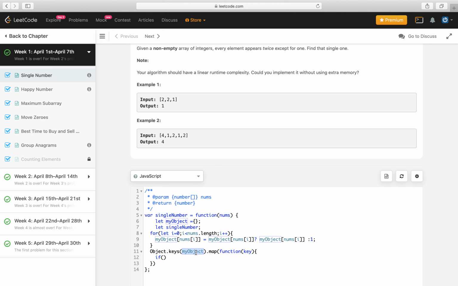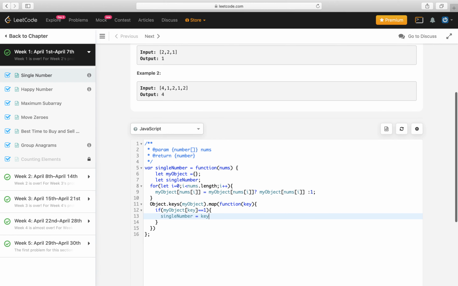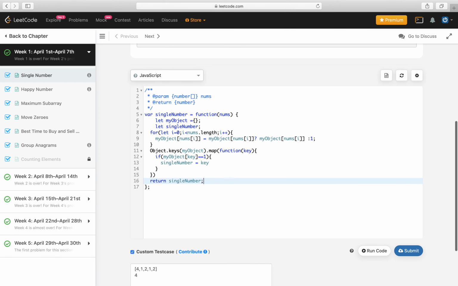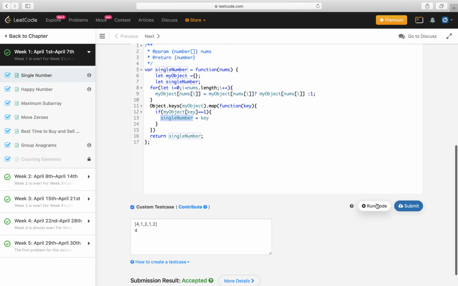If my object's key is equal to 1, then singleNumber is equal to key, and in the end we will return singleNumber. Okay, that's it. It seems it should give us the right result, because every time a key is equal to 1 in the object, it means that is a single number. Let's try to run it.